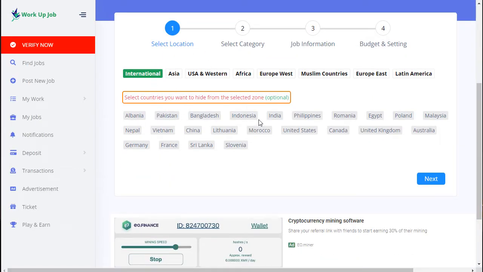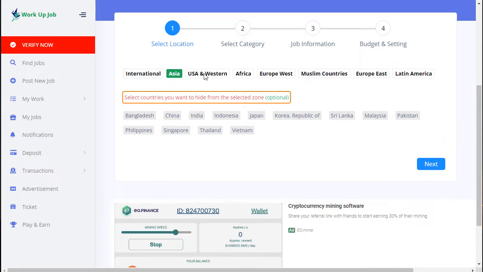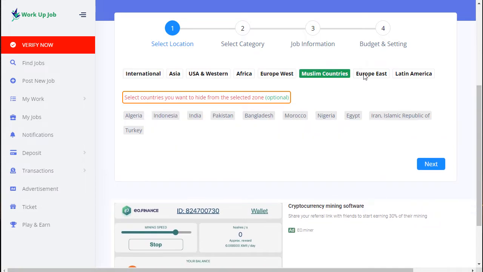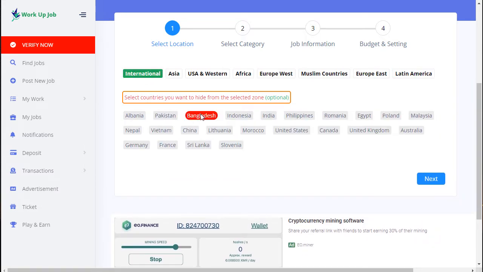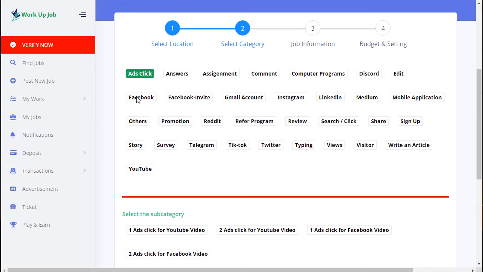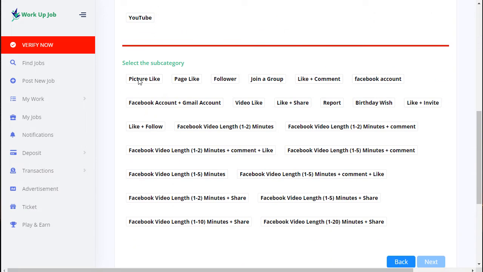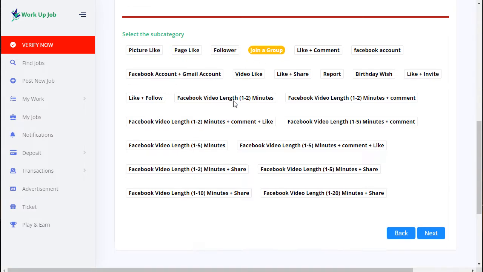First we can select the country name, for example Bangladesh. This one is for Bangladesh, Bangladesh international, Asia, Australia, Africa, lots of options there. You can see I have already selected Bangladesh and selected next. And this one is for Facebook invite, Gmail account, YouTube subscriber, all the information there. Just for example I select Facebook, and also select this one for picture, like, follow, join group,